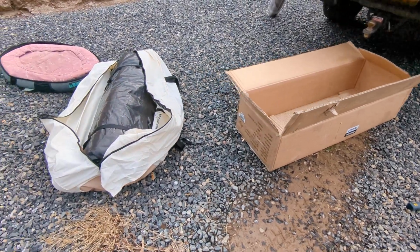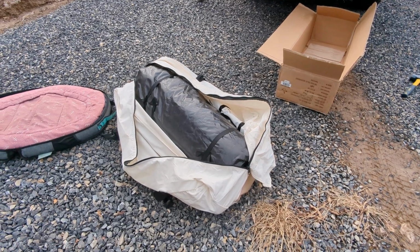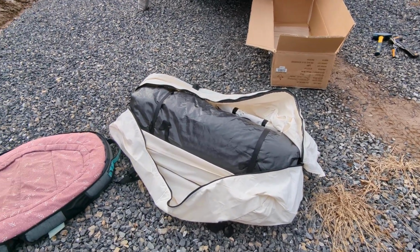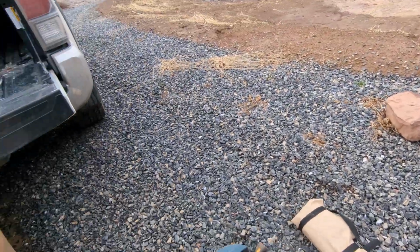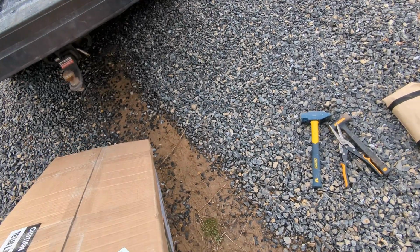All right, so we're gonna try something different now, and I'm gonna sort of take you along for a little bit of a journey of setting up this yurt. It is my second yurt. It is an incredible piece of equipment made by White Duck. It's got a 4-meter diameter,